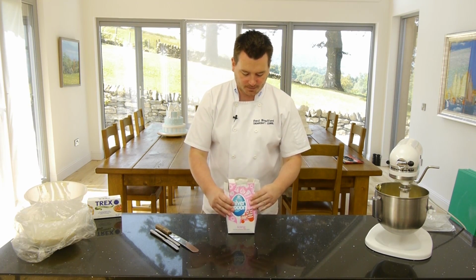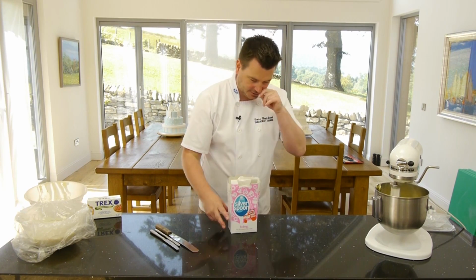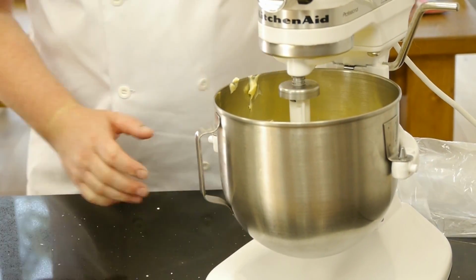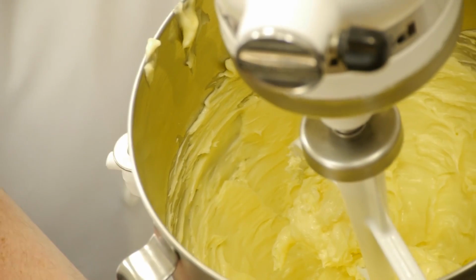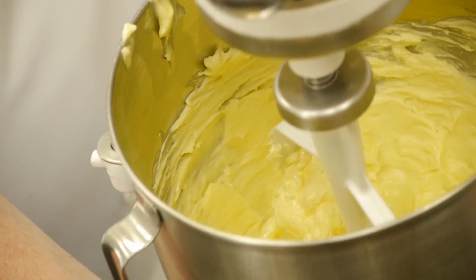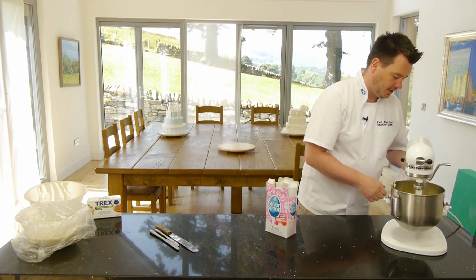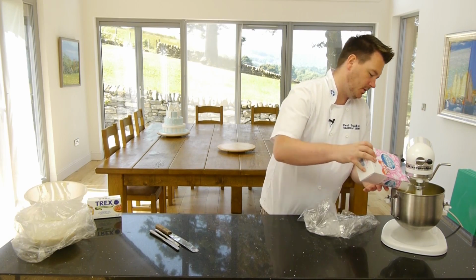So we've got 1 kilo to go into the 500 grams of butter. So that's it creamed. I don't know if you can see that, I'll just tip it over. Let me see inside. Yep, okay, so there we are. So what I want to do now is get your food bag ready. And we just want to pop in